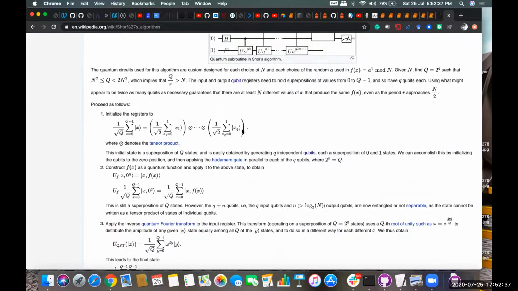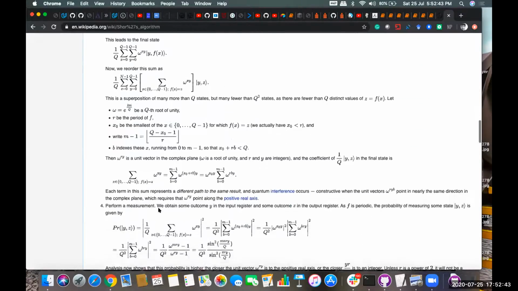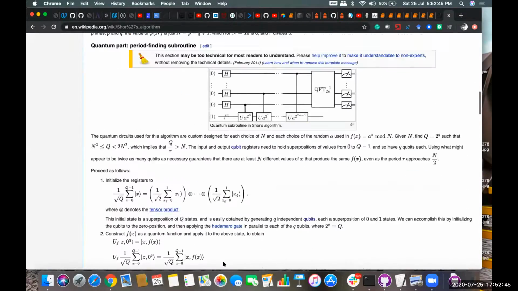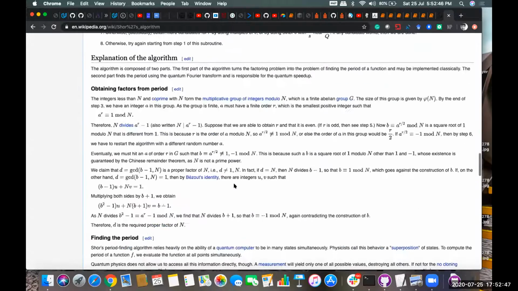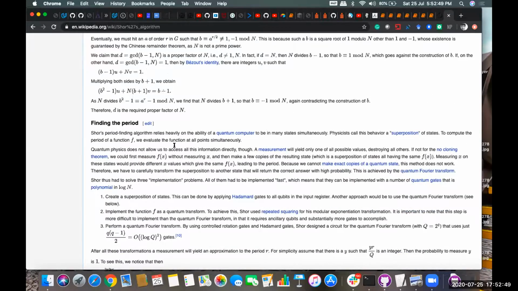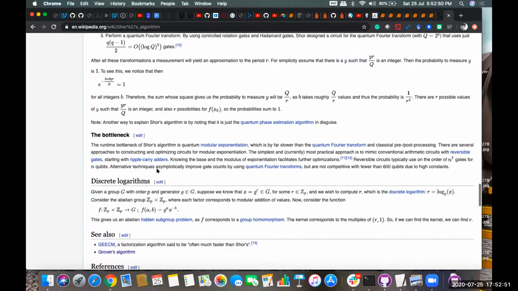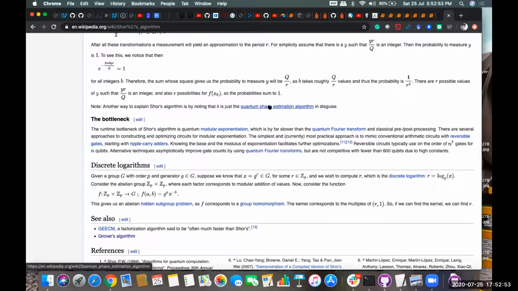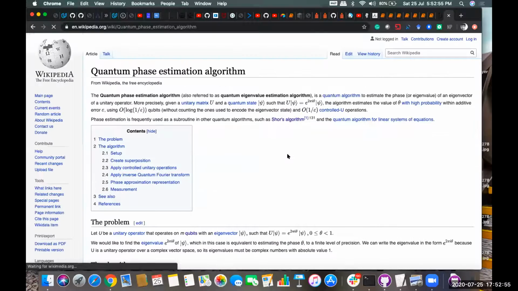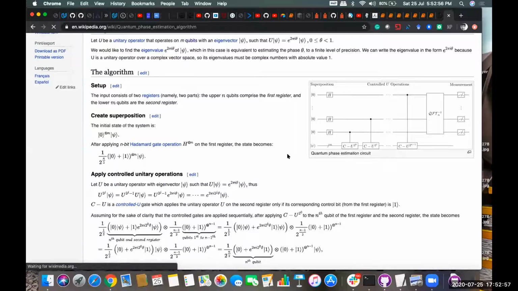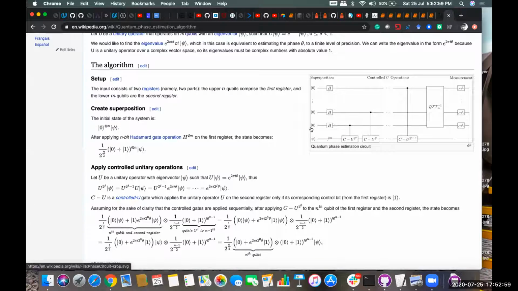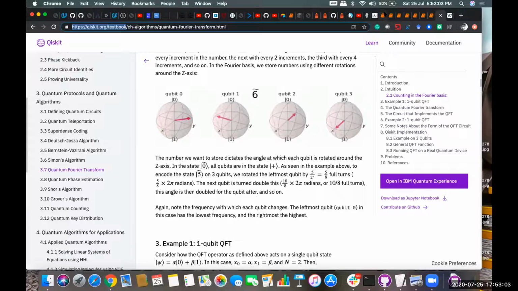You can look at the expressions, how these are being solved, the transformations happening, how the circuit will look like, how the periods are being calculated. Everything you can find with the reference links for the relevant topics. So the quantum phase estimation algorithm, what are the steps involved, and most of the things you will already find in the Qiskit textbook as well.